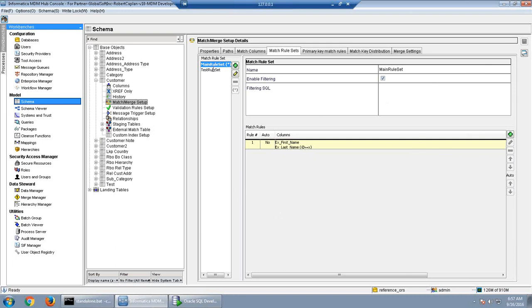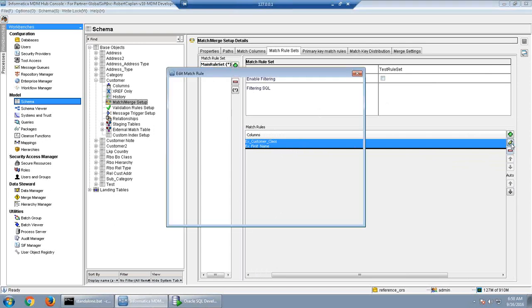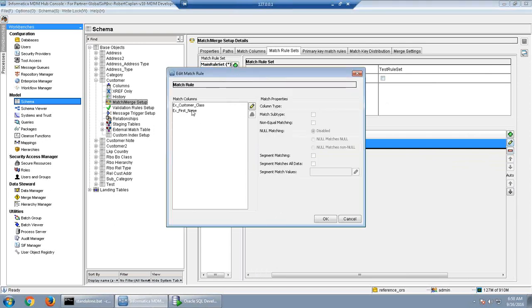In this case, I have already created the test rules. What I have done is I am using these two columns, customer class and the first name. The first name for all the 4 records that we have is exactly the same. And then there is a customer class column.